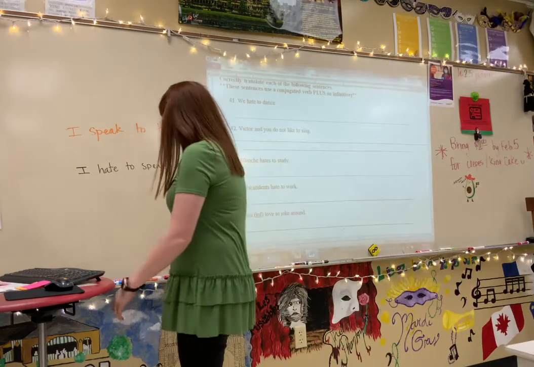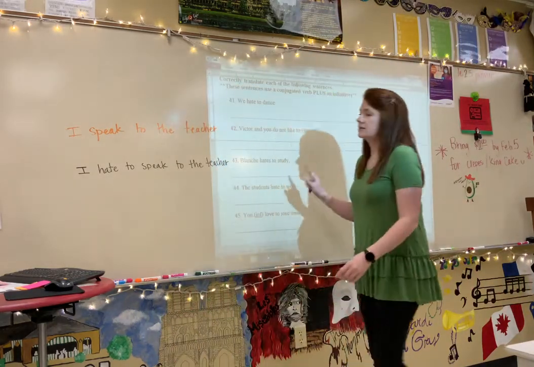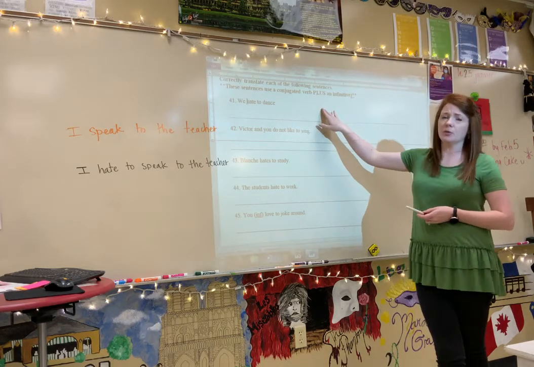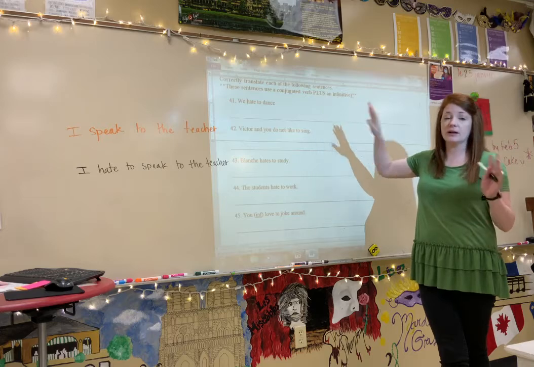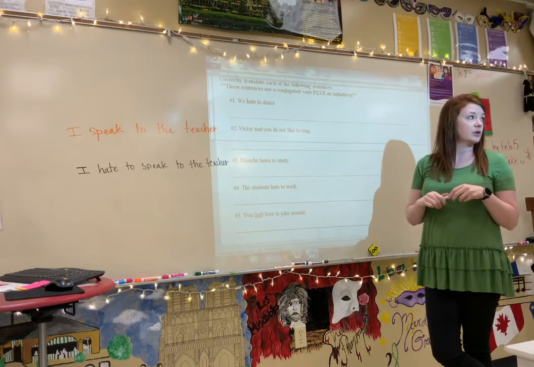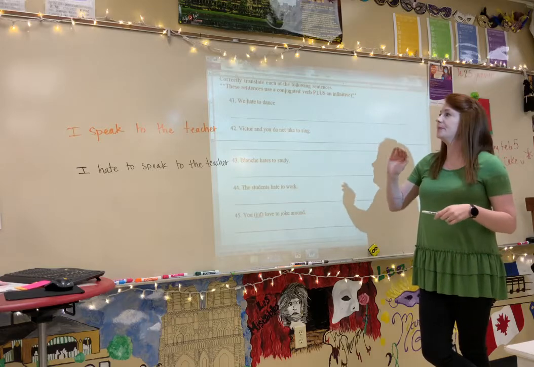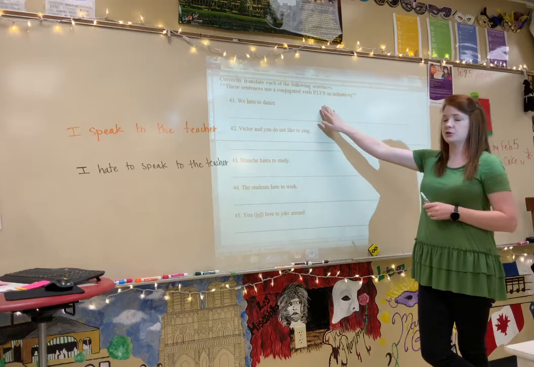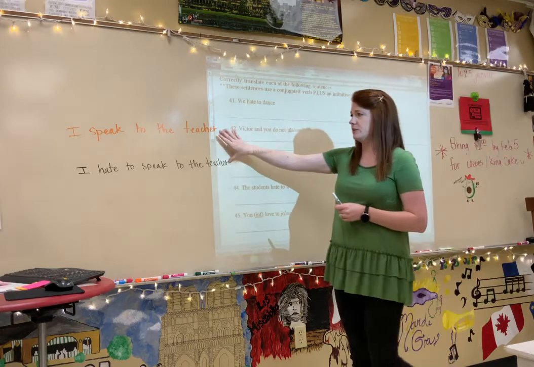These are the last 5 sentences on your ER verb worksheet. And I changed number 41. I changed the wording of it, and there's a reason for that. So just on your version of your worksheet in Google Classroom, change it to say "we hate to dance." Okay, and I'm going to do this one as your example,